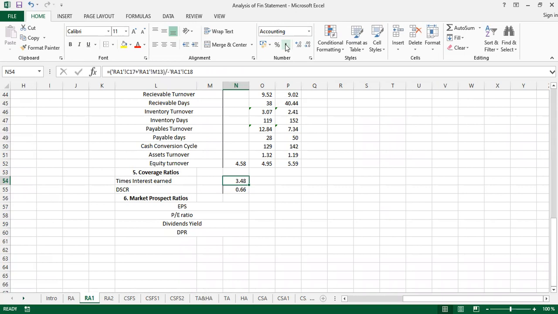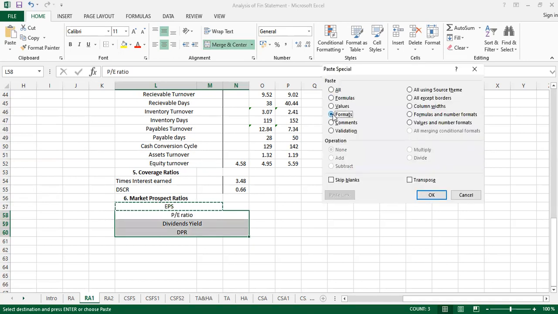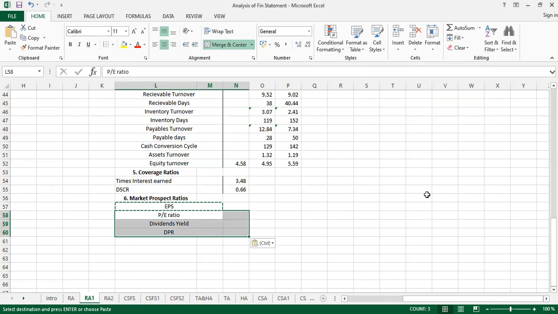We come to our now the earnings per share, and it has passed, so I'll unmerge. I'll reduce, then I merge again, then I do control C. I copy from down up to DPR, then control Alt G, then format only. Okay, isn't it? So our earnings is equals to,